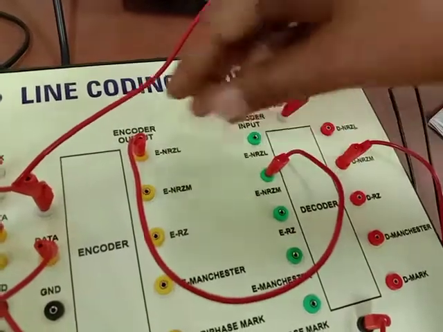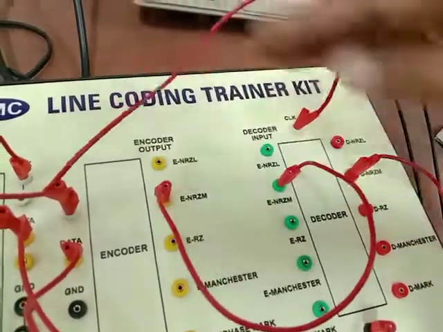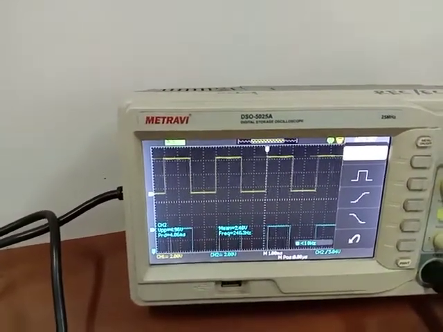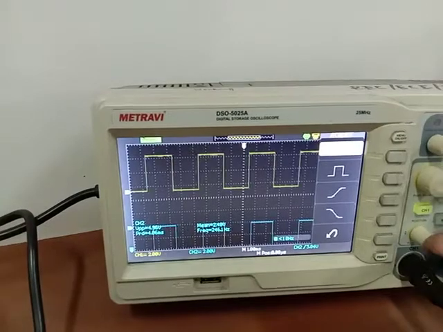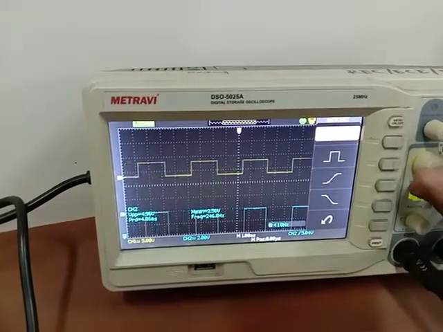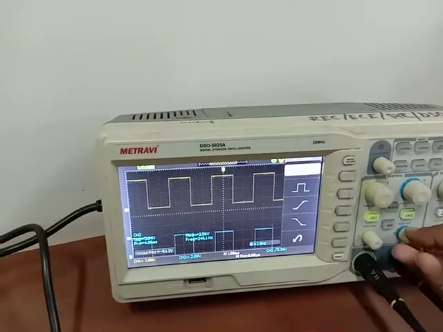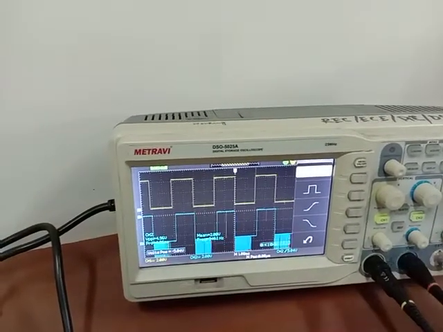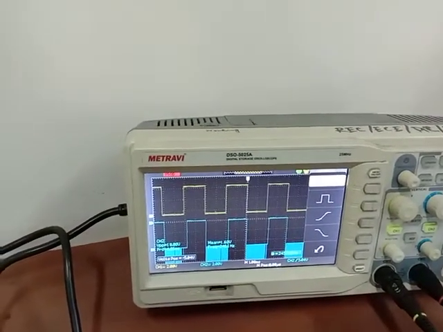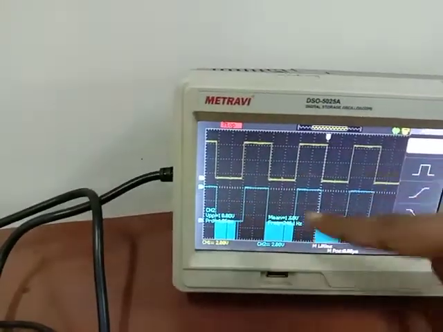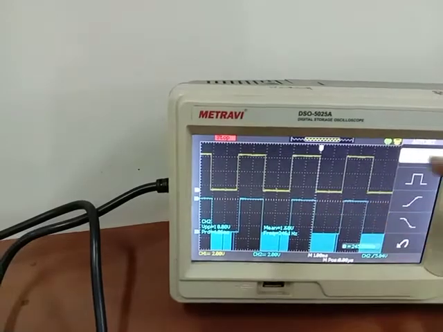Then we make the connection from this. You can see that this is the decoder output.